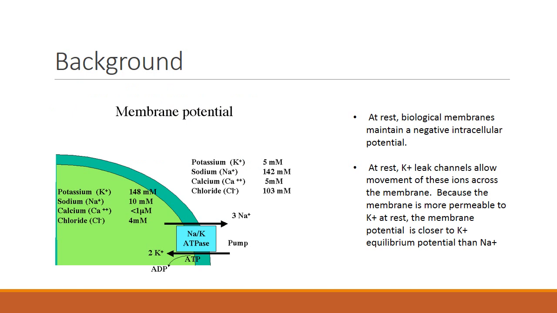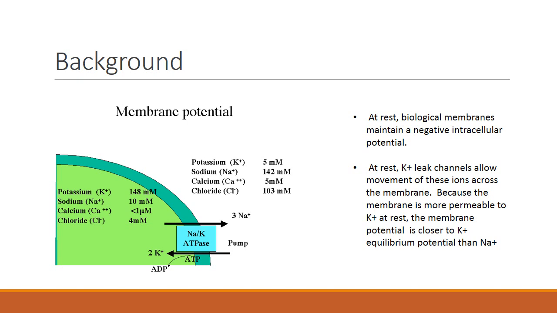Here's a schematic of a cell at rest. Although concentrations of ions on the inside of the cell vary with cell type, in general there's a high intracellular potassium concentration and low chloride and sodium concentrations in relation to the outside. At rest, the potential inside the cell is around -71 or -70 millivolts relative to the outside, and this is mainly due to the flow of sodium and potassium ions across the membrane, which is regulated by the sodium-potassium ATPase.